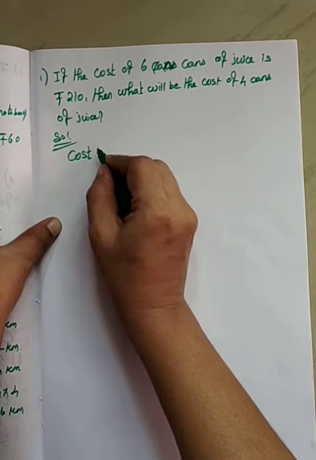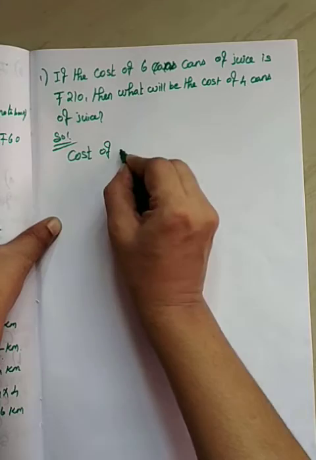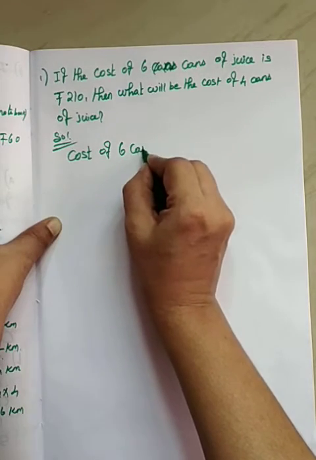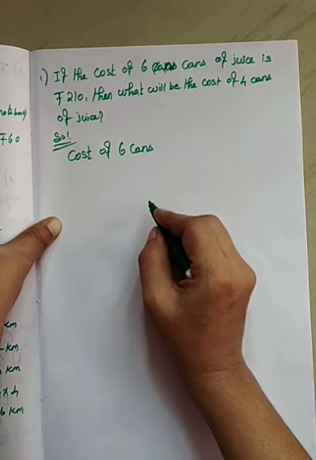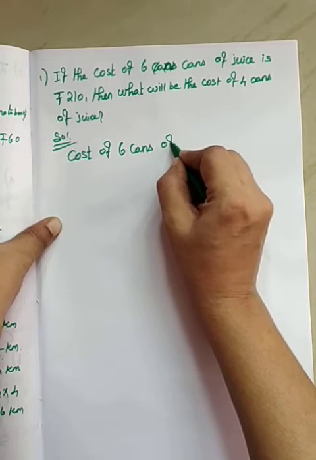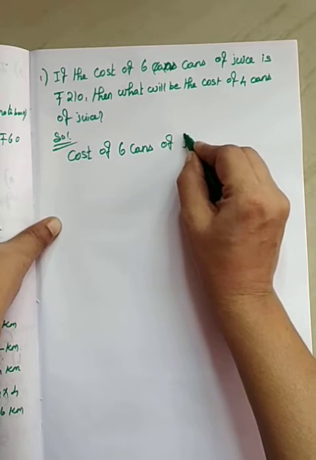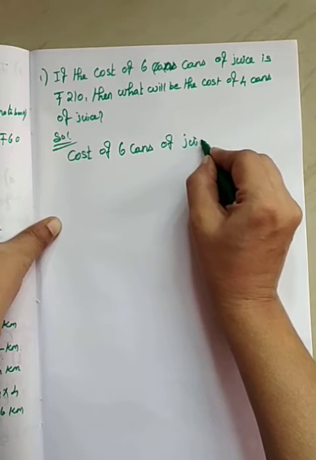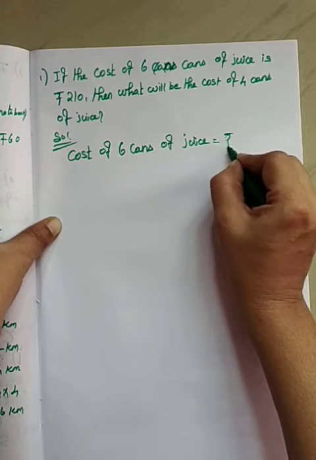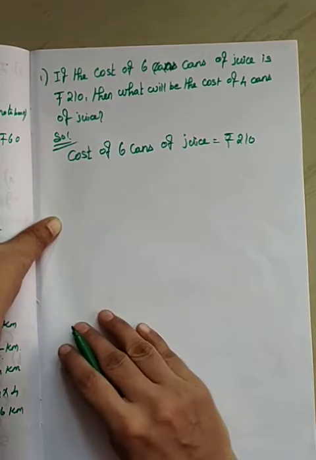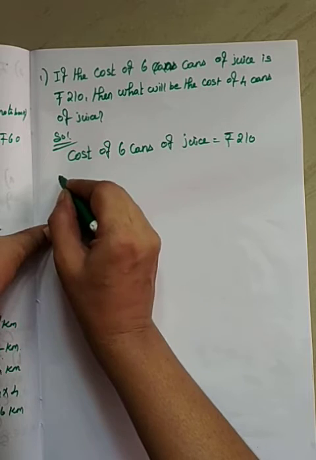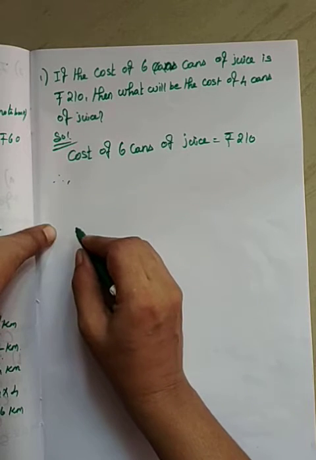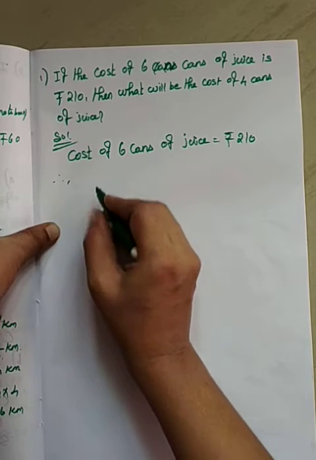Cost of 6 cans of juice is equal to rupees 210. Therefore, cost of 1 can of juice